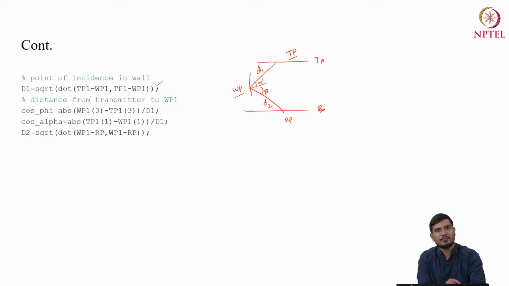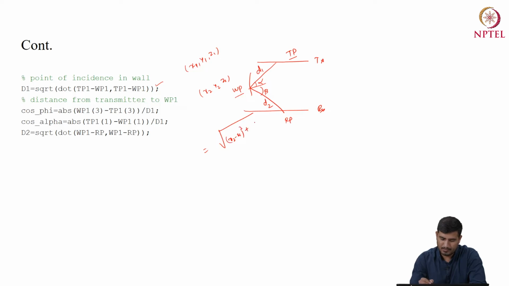These are nothing but distances that we calculate with the help of the Pythagoras theorem. If there are two coordinates, like one point at x1, y1 and z1 and another one at x2, y2 and z2, then the minimum distance between them can be calculated as the square root of (x2 minus x1) whole square plus (y2 minus y1) whole square. A similar method we have approached here in order to calculate those distances d1. Now based on those distances you are going to calculate the respective values alpha and beta, because